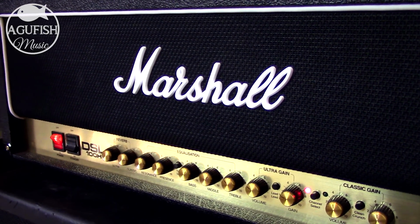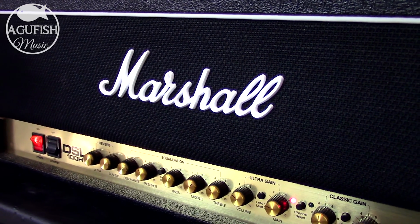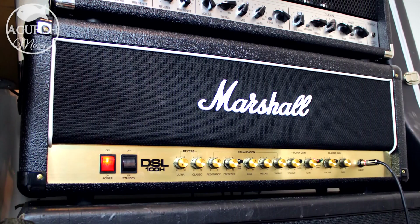I've always wanted to own a Marshall. It's old school rock royalty. You know, growing up, I'd see all the live videos of Zakk Wylde, of Slayer, of AC/DC rocking their Marshall amp walls. There's something about these amp heads with their white lettering and their gold control plates that's just inherently